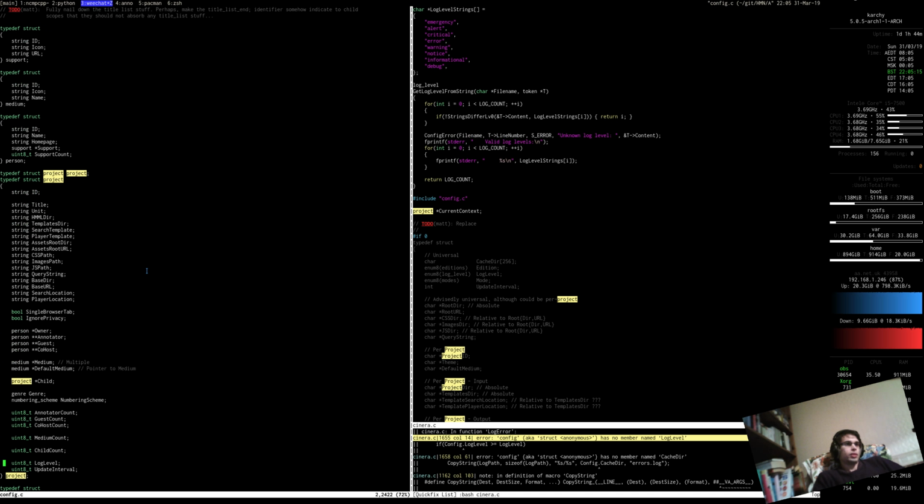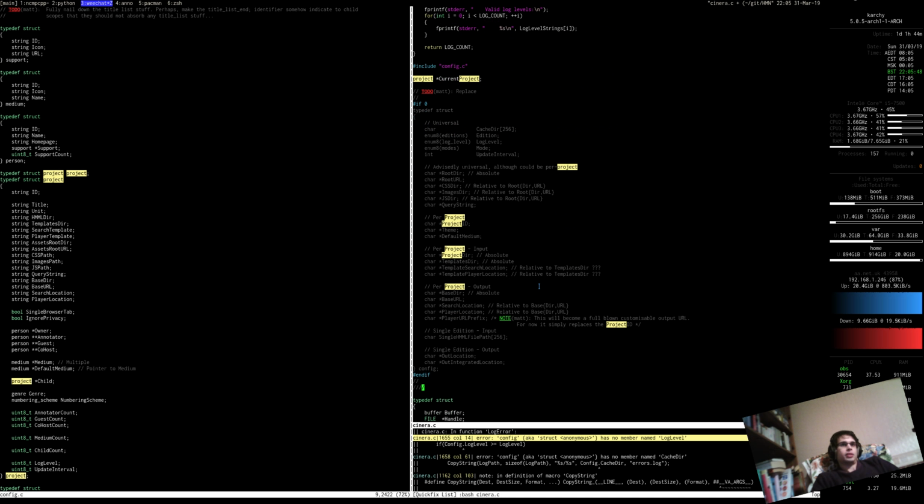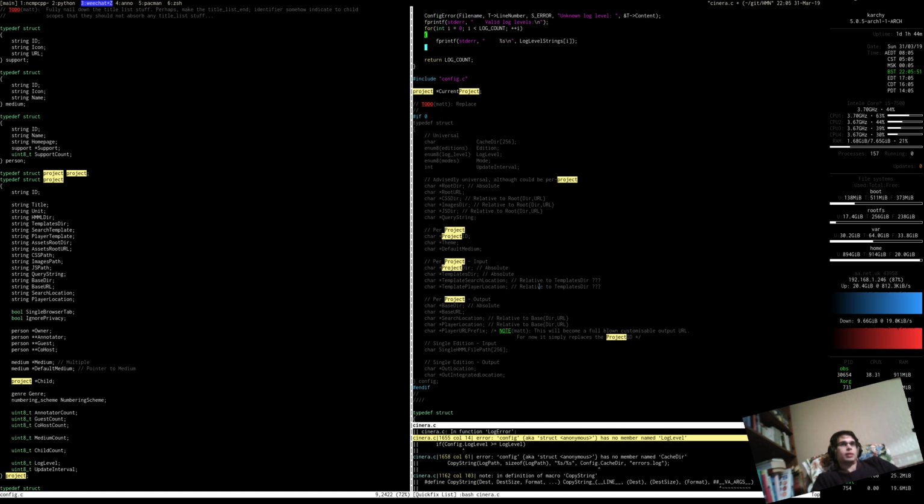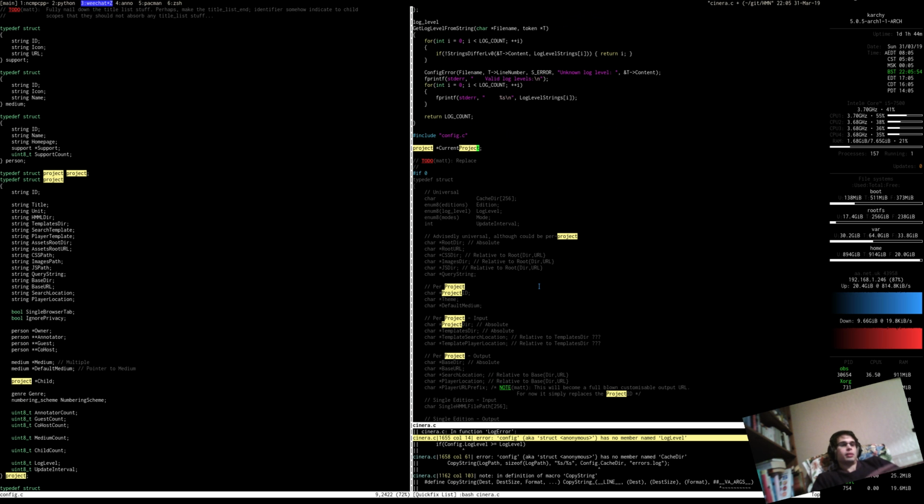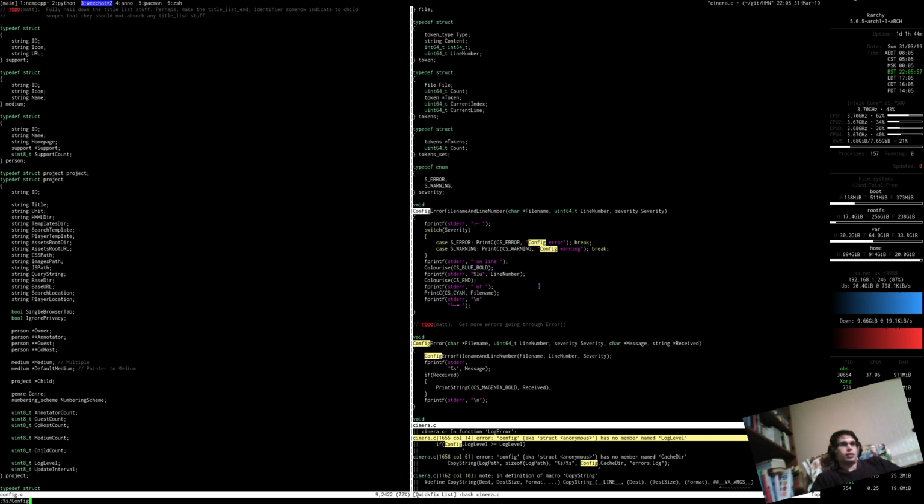Right, so log level uint8. So you can see here, if config.log level is that. Now what I'm suggesting is that we change config dot to be current context. I mean, current project would do it actually, now that I think about it. Because that's all that this is talking about. It's talking about the project stuff. Current project is going to be a pointer to that. So what I'd say is say config dot